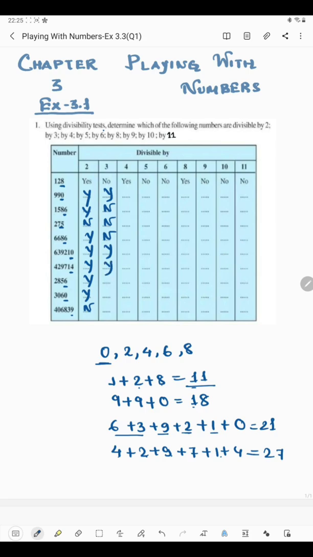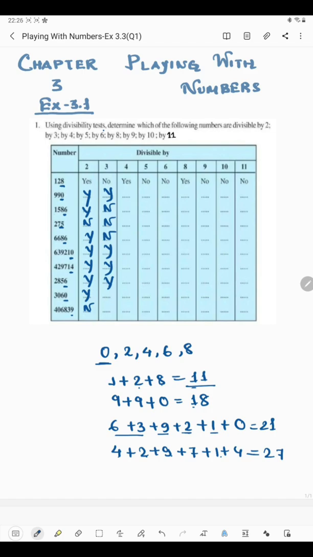Now the next one we have 2, 8, 5, 6, and if you add this all, then we'll have 2 plus 8 is 10, 10 plus 5 is 15, 15 plus 6 is 21, which comes in 3's table, so we'll write yes. The next one we have 3, 0, 6, 0, and if you add this, then 3 plus